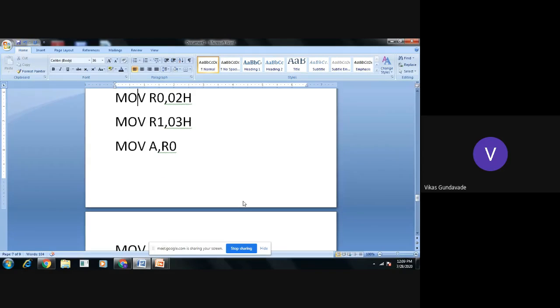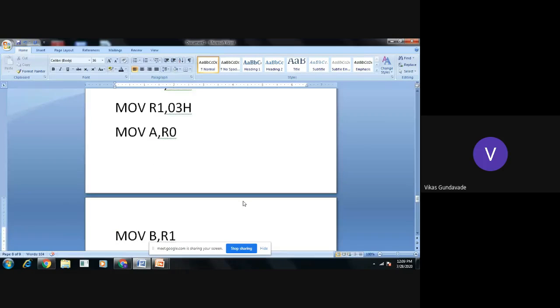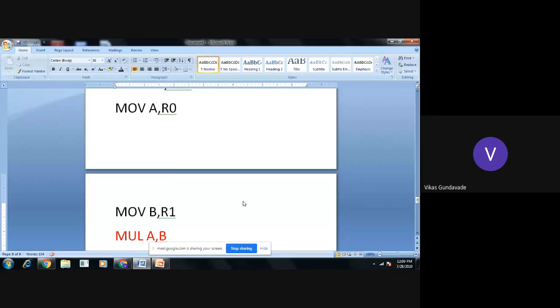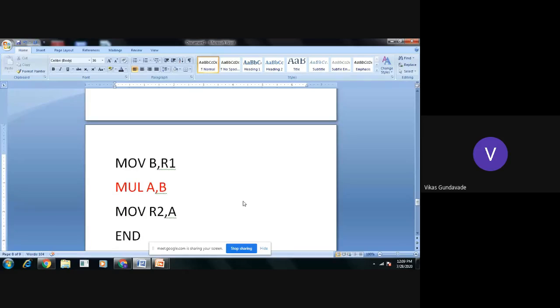We have taken one number into R0, the second number into R1, transferred the first number into the accumulator and the second number into the B register, done the multiplication with MUL AB, and the result is transferred into R2. Everyone is getting it? This is for simple 8-bit multiplication.